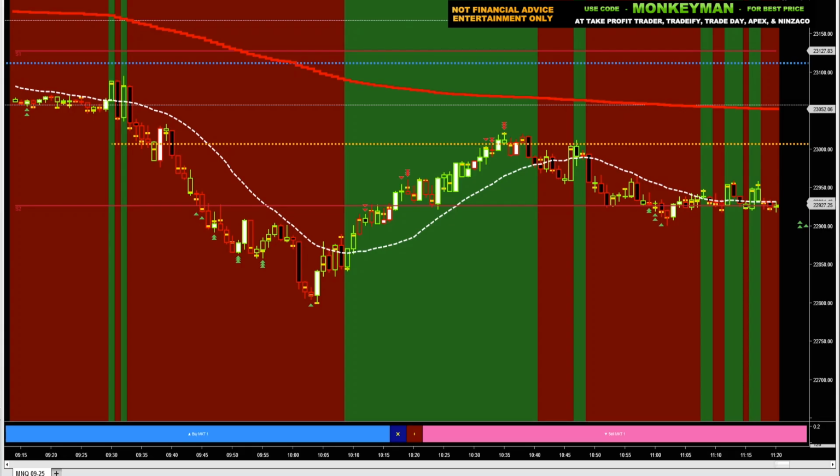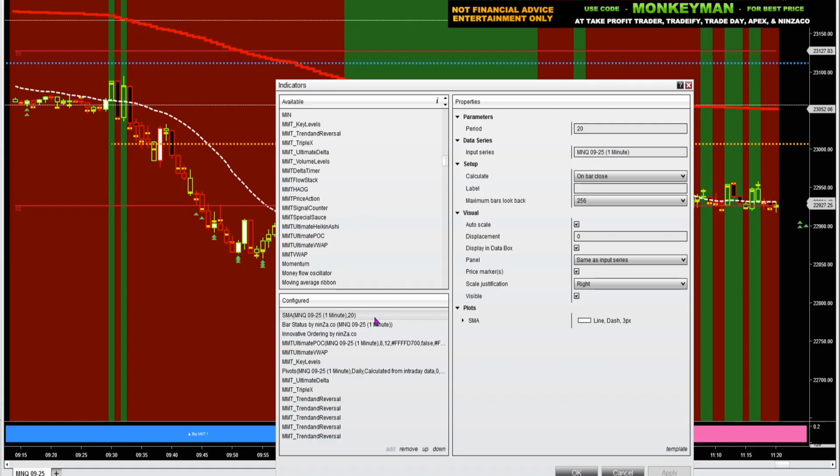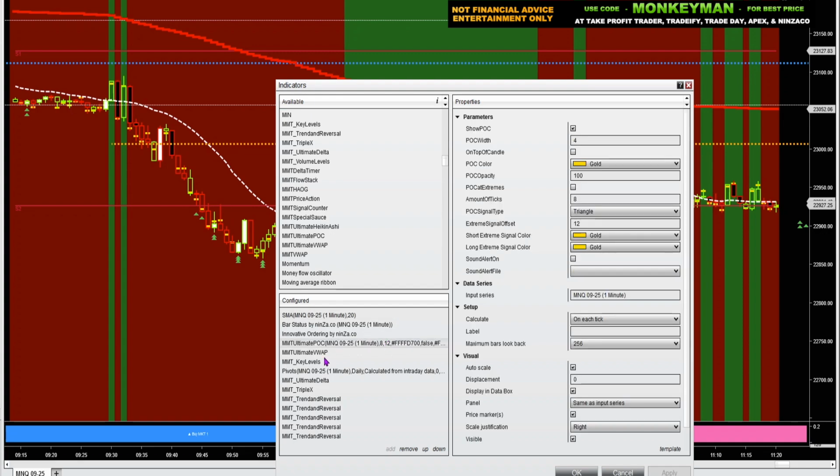I also had this chart set up on the 5-minute, the 15-minute, and the 15-second. All those different charts had this same setup today, and I was looking for correlation between all different time frames. So I've got the 20 SMA on the chart, got my innovative ordering buttons from NinjaTrader. I've got the MMT Ultimate POC, got the Ultimate VWAP on here, got the key levels, I've got the built-in